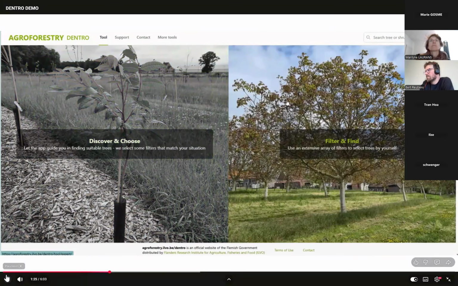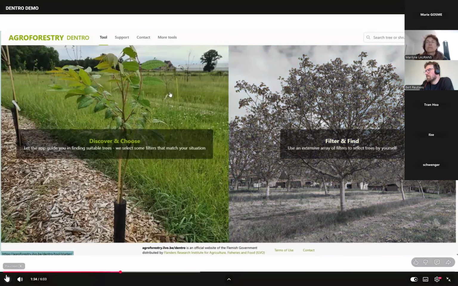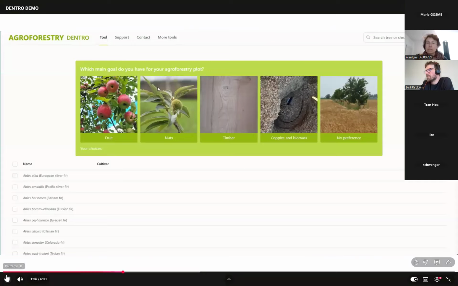And there is also an option, more of an expert mode, where you can use an extensive array of filters to select trees by yourself. So let's start with the beginner's option. Here you can see a green box with a question. And below there are some options you can click on. So this helps you to quickly filter on the relevant questions.